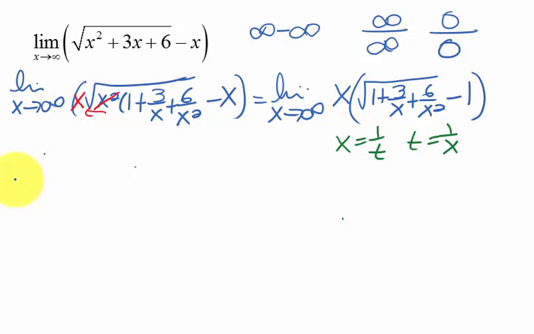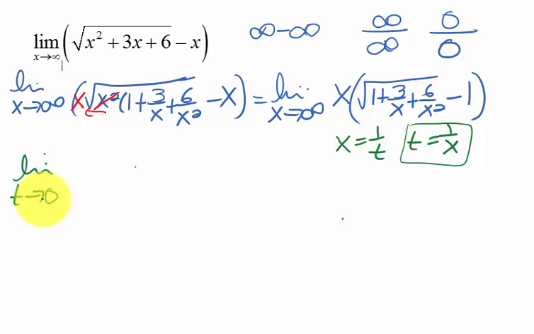So the thing we have to be careful about now, if we're going to write this in terms of t, is what happens to t as x goes to infinity. And we can easily see that right here. If we took the limit as x goes to infinity of 1 over x, it would go to 0. So we need to have the limit as t goes to 0 to be equivalent to the limit as x